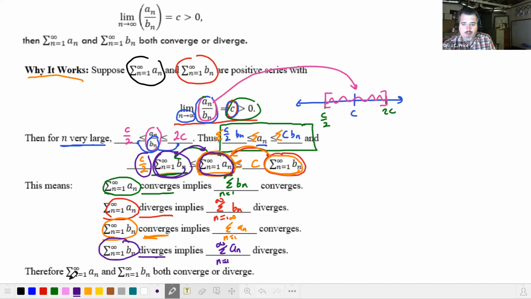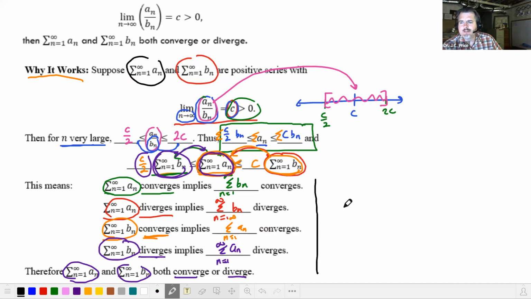And that's it. So that basically says that the sum of the a sub n's and the sum of the b sub n's, those two series, either both converge or both diverge. They basically do the same thing. And that's it, right? There are some small subcases that I don't really push in this class, but just for fun, you can see here